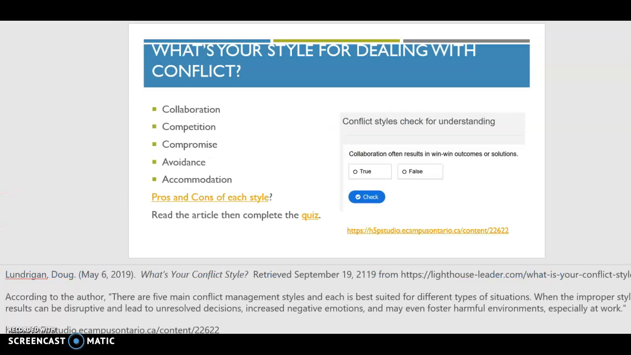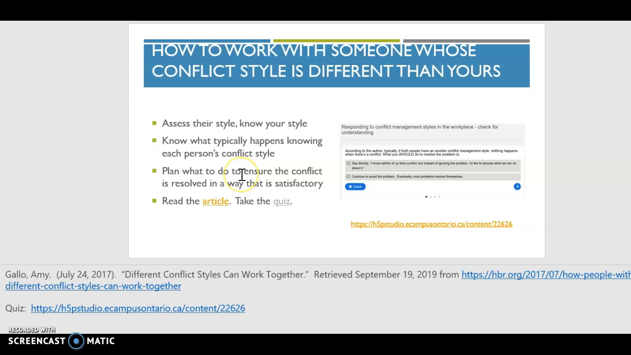So this article gives some ideas about the different typical ways that people respond to conflict, and they're all appropriate in different situations. So take the quiz to make sure you understand each of the different styles, and then make sure that you take this quiz,